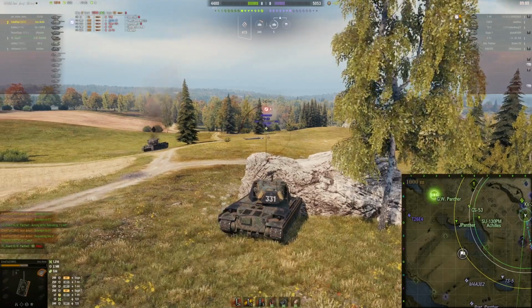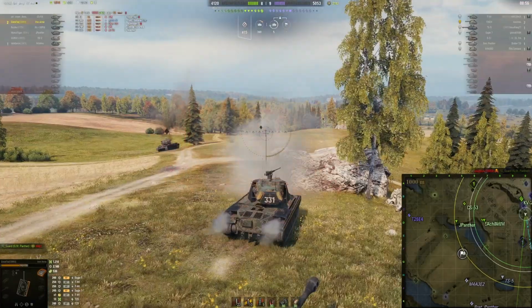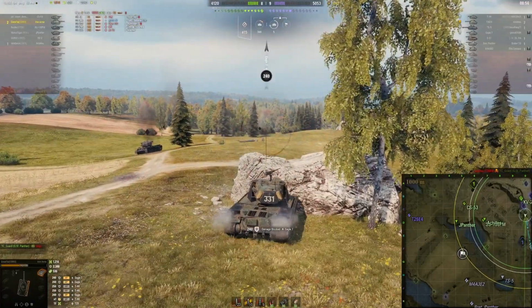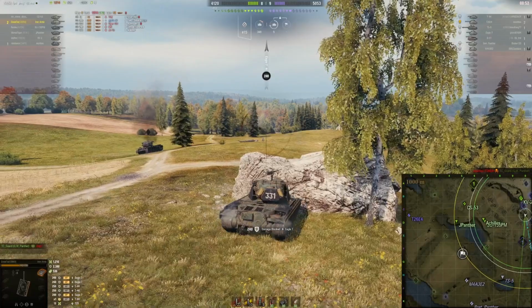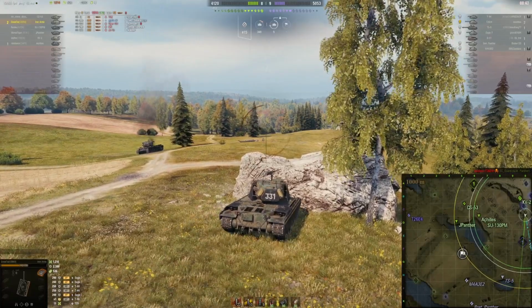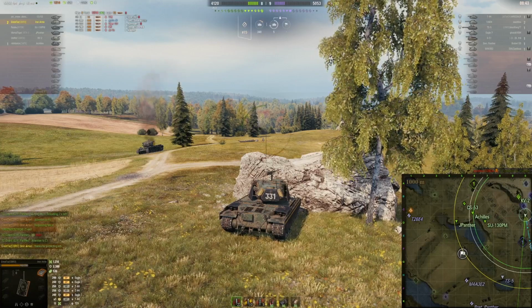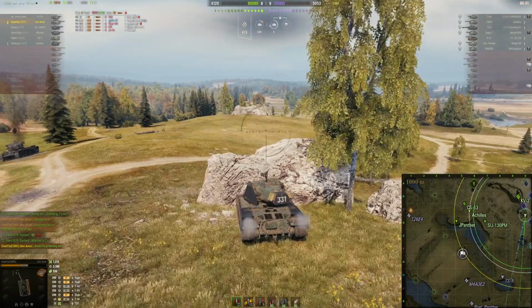So overall, as you can see here, I am trying to play spotter and do some damage. It's kind of hard when you don't have any vision, or when you have zero, I should say, when the enemy's hiding behind a bunch of bushes and you have none. So it makes it where I have to spot. Now, as you can see here,